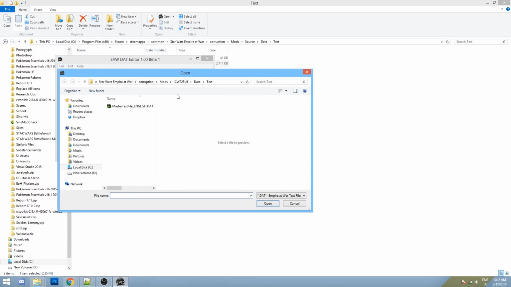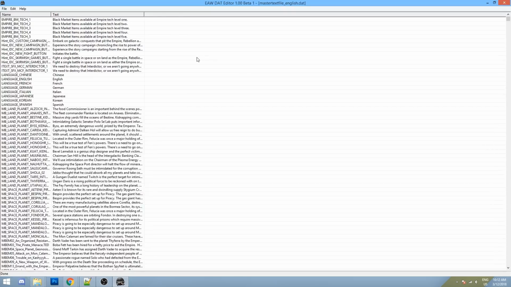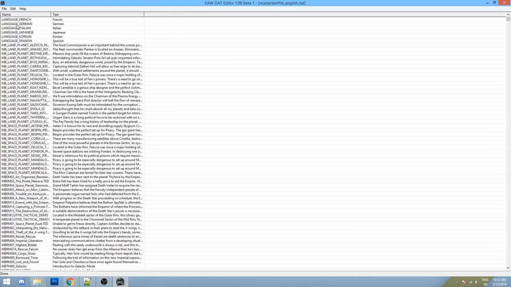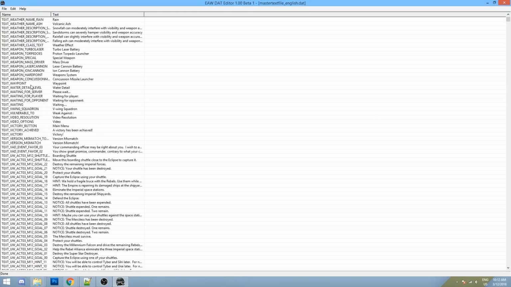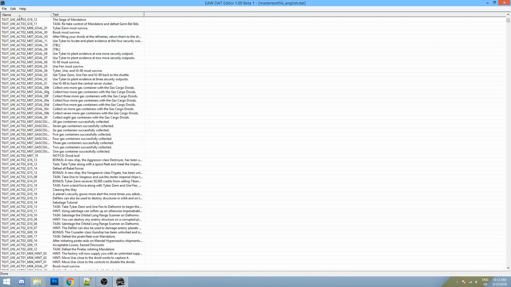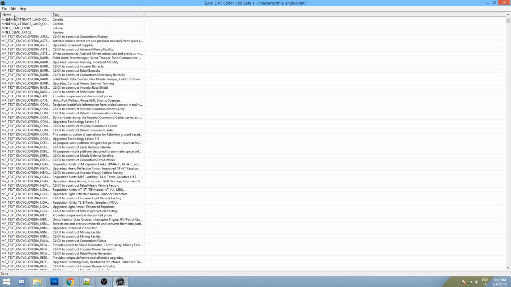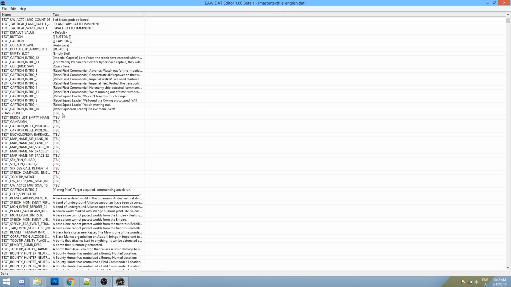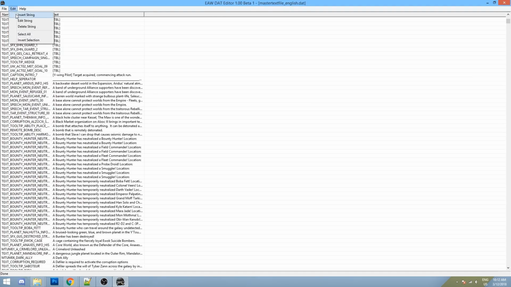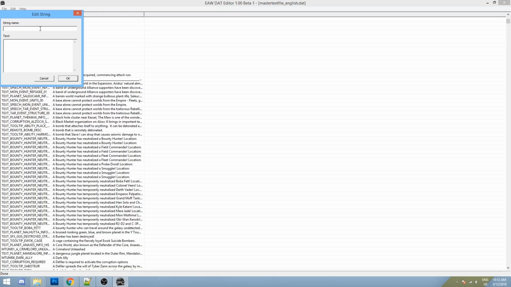You can use the data editor for this. Then make sure you navigate to the correct thing that you're editing: text, master text file, and then all the different strings for the game are in here. So over on the left, where it says name, that is the name as it's described in the code. You can switch it between alphabetical and reverse alphabetical, or you can sort it by the actual text in the field. But you just do edit, insert, paste